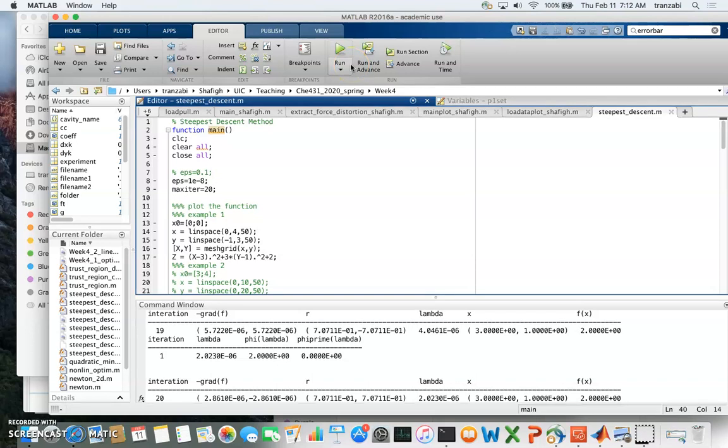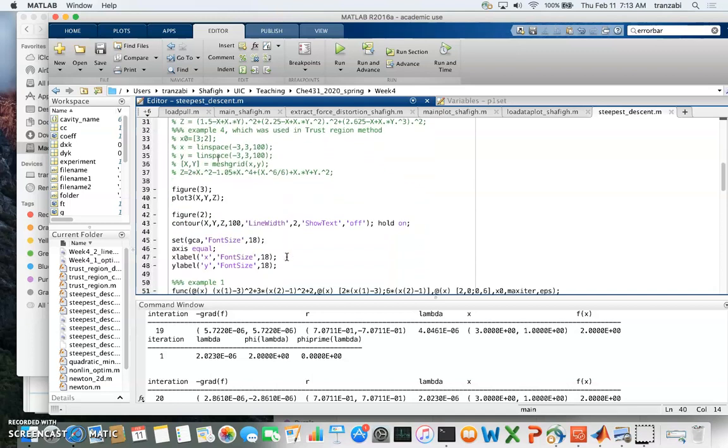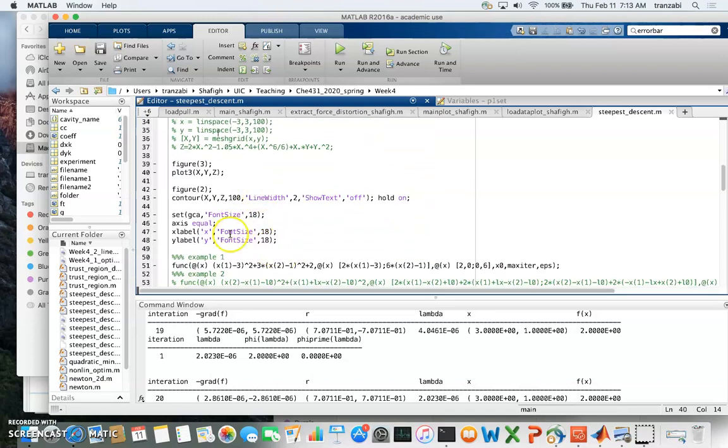All right, so welcome back. We're going to continue our discussion by looking at MATLAB script of steepest descent algorithm. We look at an example with objective function of (x - 3)^2 + 3(y - 1)^2 + 2. Okay, so we plotted the functions and we look at the top view of the contour lines,